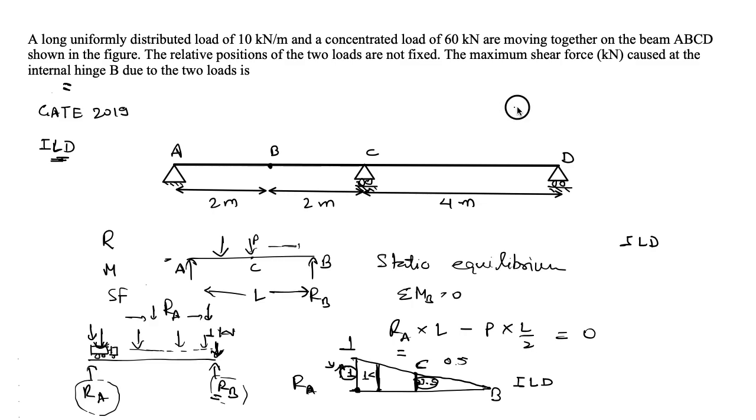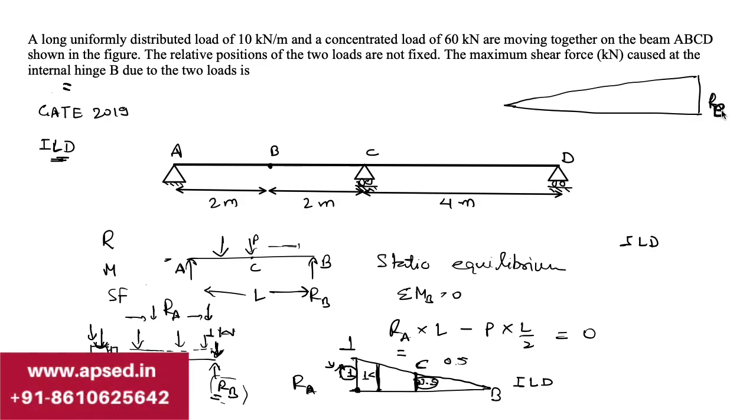That is, when we draw an influence line diagram, let's say we are drawing for reaction at B, it will be in this manner. So it gives us the value of this function. It can be reaction, shear force, or moment. And for which case does it give us the value of this reaction? It gives us the value for various cases. If the load is acting at this point, then the value of reaction is 0 at B. If it is at this point, then the value of reaction is this much, and so on. So that is the basic idea.